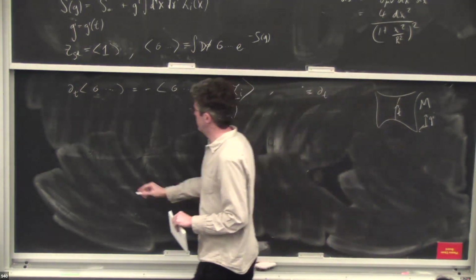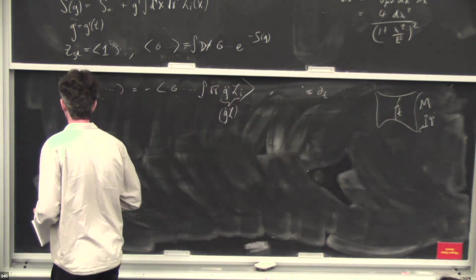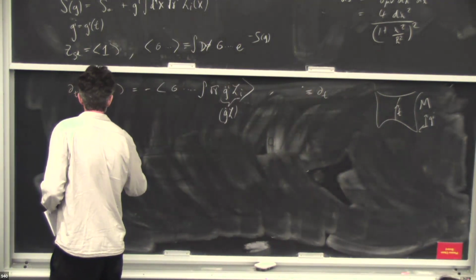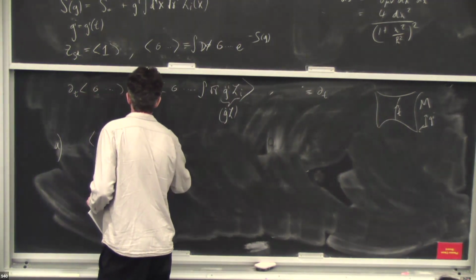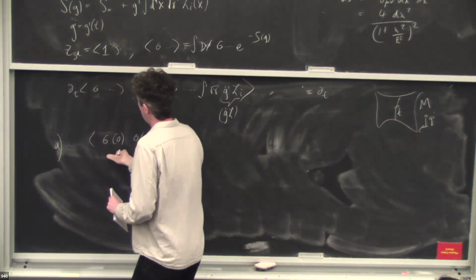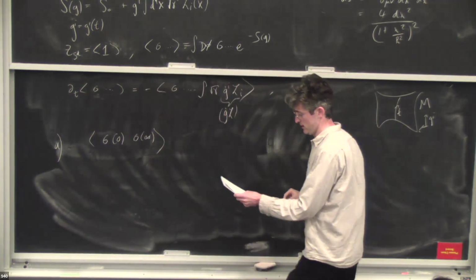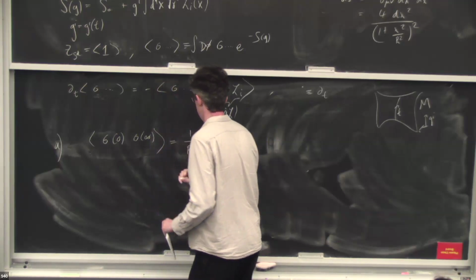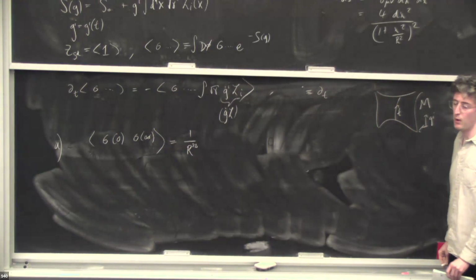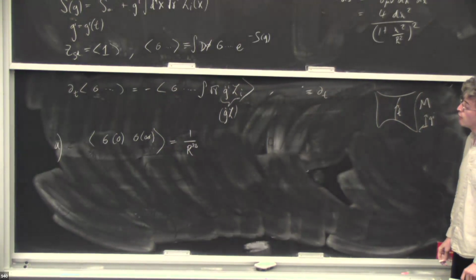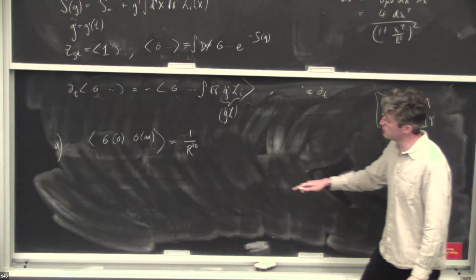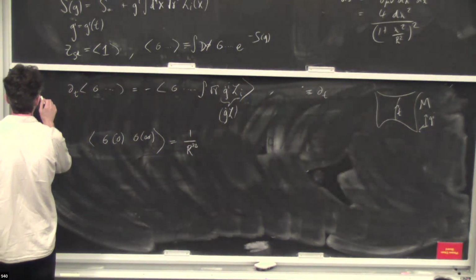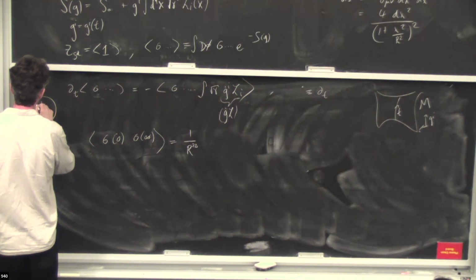So now let me consider the quantity that will be important for what we want to say. It's the two-point function of this lightest scalar. I can normalize it so that it's given by just this power of R, where R is the radius of the sphere, and I put points at 0 and infinity. So on the sphere, it looks like antipodal points.